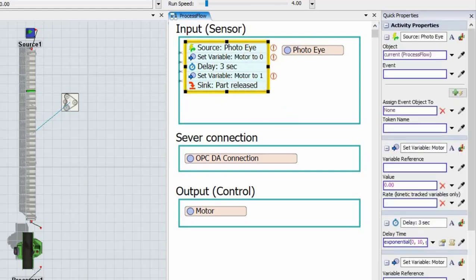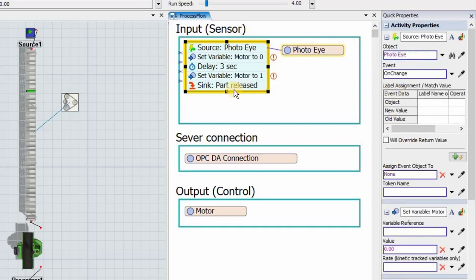Okay, now go to the exclamation marks. This is the sampler button. Click the sampler button and select the photo eye sensor. After that, one command is open: photo eye on change. After photo eye on change, you see the quick property menu is open now. Go to new value. Value is, suppose, 1, and for operation go to the drop-down menu and choose match value. So these values are done now.